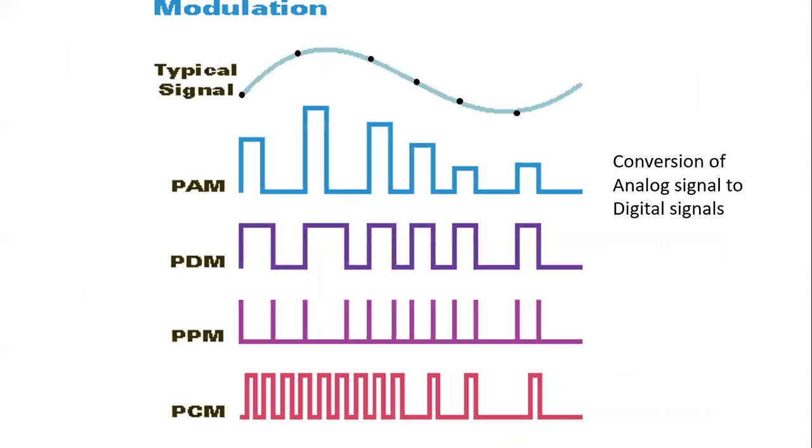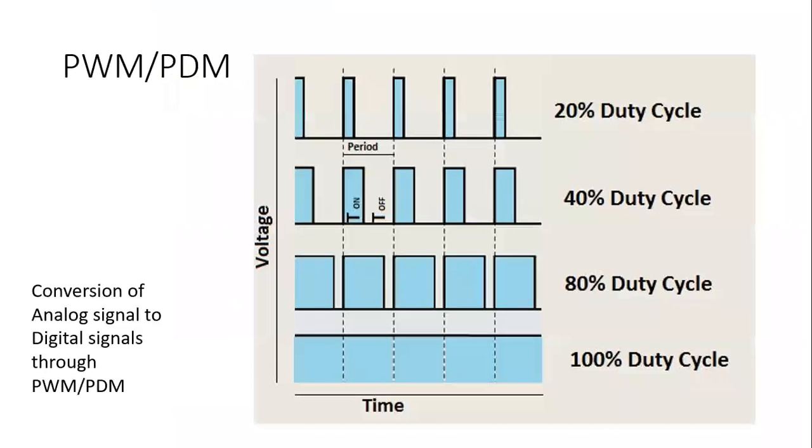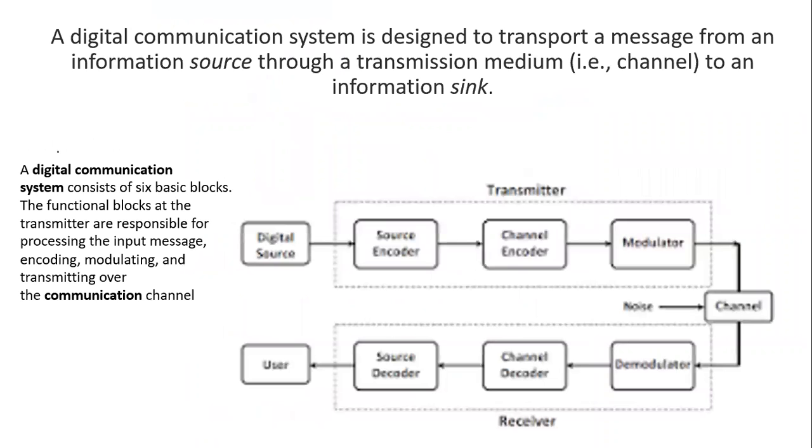Now here you can see PCM is there, that says pulse code modulation. Pulse code modulation means whatever information you have gathered with PAM or PDM or PPM is converted in terms of ones and zeros. So say when the amplitude is rising, you call it 1; if the amplitude is falling, you call it 0. That is done at the source encoder, where we get the idea of rising and falling of the information, or the information is represented with respect to some code.